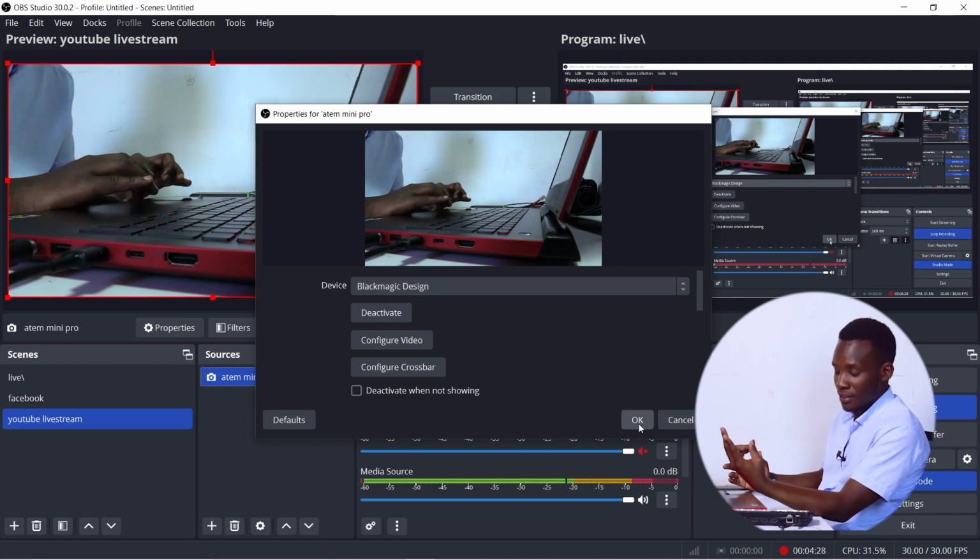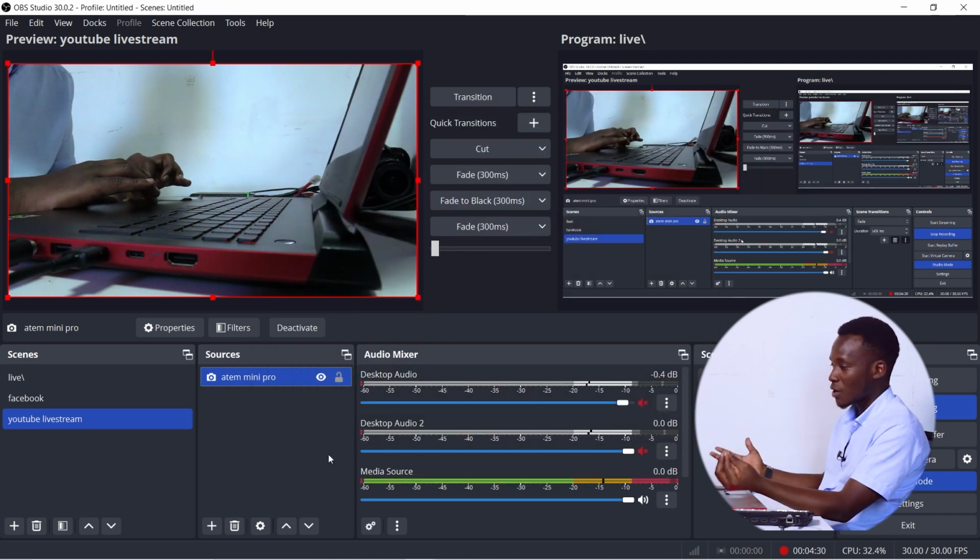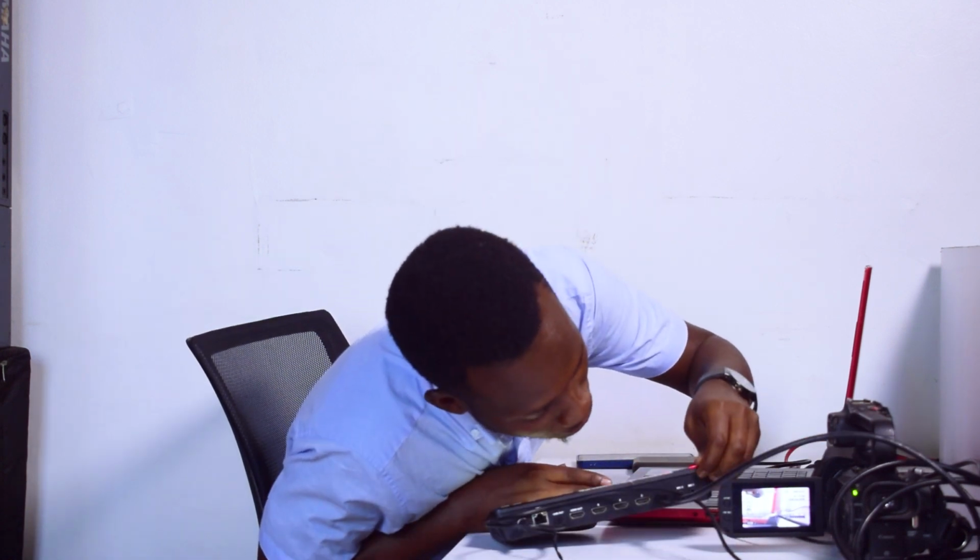Secondly, the most important thing, video without sound is nothing. So we are going to add our audio source. Normally, if you are live streaming using a switcher like the ATEM Mini Pro, we have a port where we have mic 1, mic 2 input, whereby you get your sound from the mixer. Because the sound that is coming directly from the camera is not that clear, since it picks up the surrounding noise of the camera as well. So it's advisable when you are streaming, you get your clean audio from the mixer